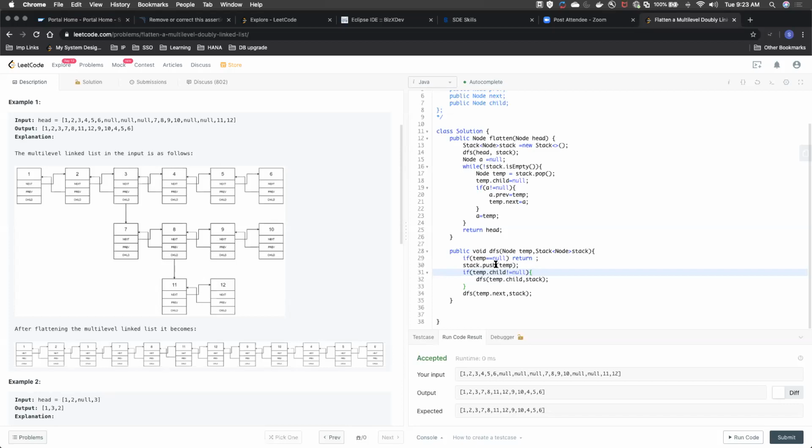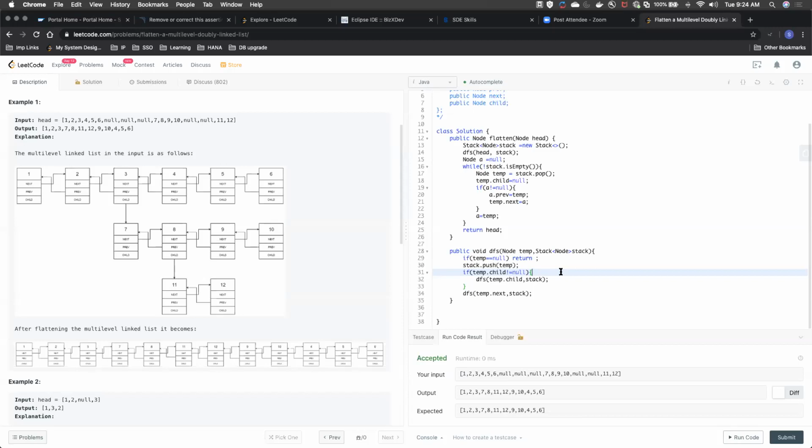I haven't coded it in this way, I've coded in a different way, but because he is discussing this stack. So for example, if there is a 1, then we move to 2, and move to 3, then we put the 4 onto the stack. While iterating, we go from 3 to 7, 7 to 8, then we put the 9 onto the stack, and then 8 to 11, 11 to 12. But from 12, we will see the next, and we see it's null. If it's null, then we will check the stack top. If the stack is also empty, then we will exit. Otherwise, we will get the next element from the stack and then continue doing like this.